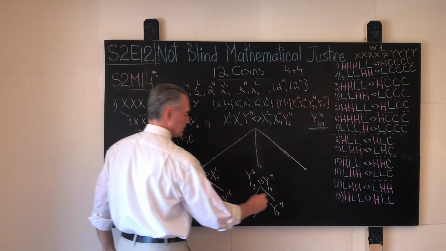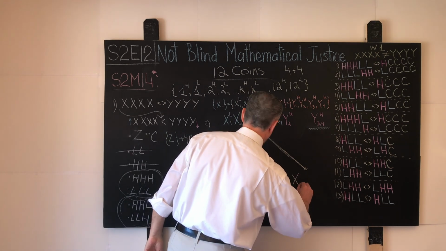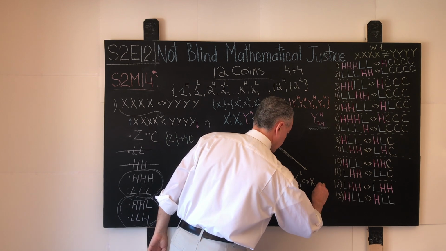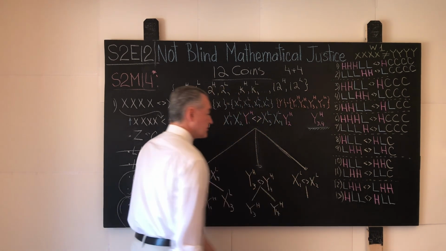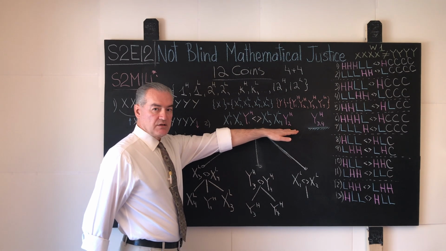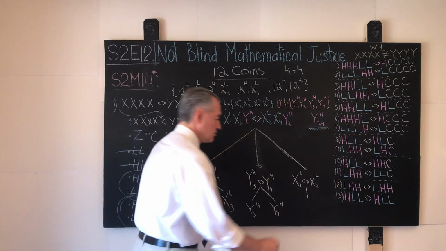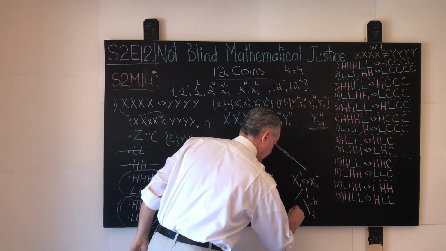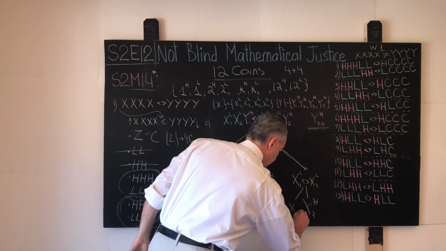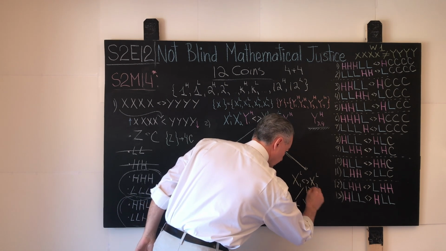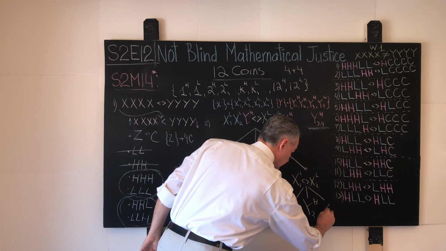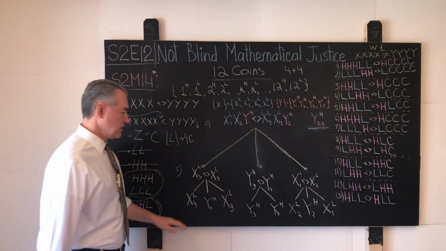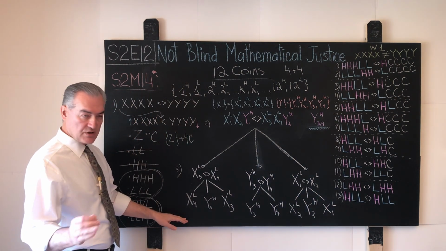Again, we measure these two guys against each other. So we measure X1 light versus X2 light. When they balance, then the fake coin is named Y2 and it is heavy. When the left pan goes up, it is this guy that is fake and it is light, X2. When the right pan goes down, then the fake coin is named X1 and it is light. Game over. Let us carefully count the number of outcomes that we generated in this solution.